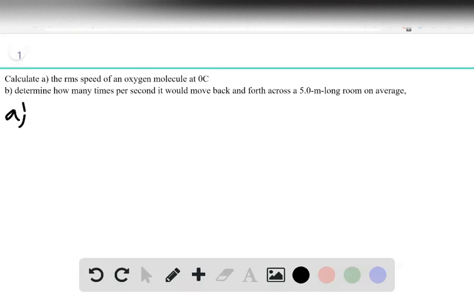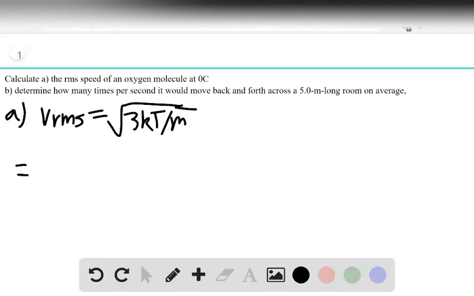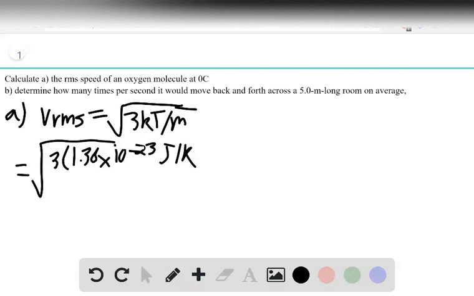All right, so for part A, we're just going to use the V RMS equation, V RMS equals the square root of 3kT over m, which is going to equal the square root of 3 times k, which is 1.38 times 10 to the minus 23 joules per Kelvin, times T, 0 degrees Celsius plus 273 to convert to Kelvin, so that's just going to be 273 K,